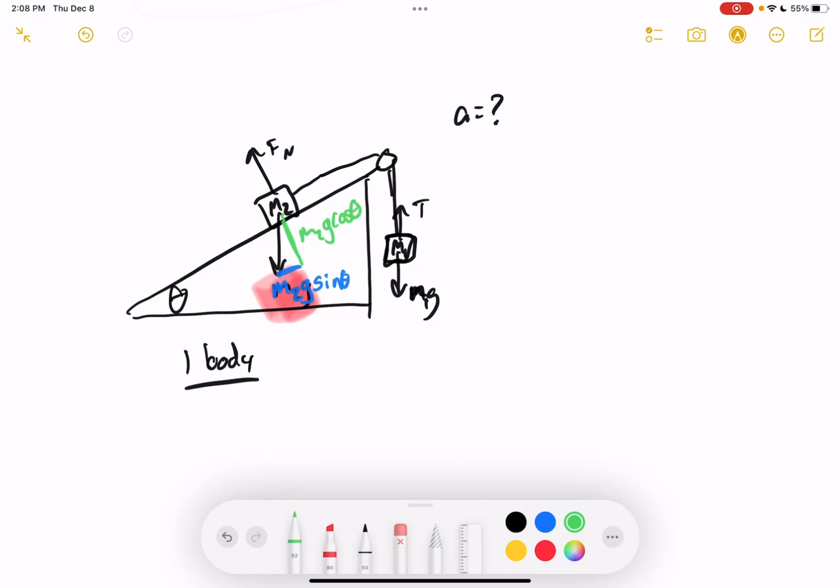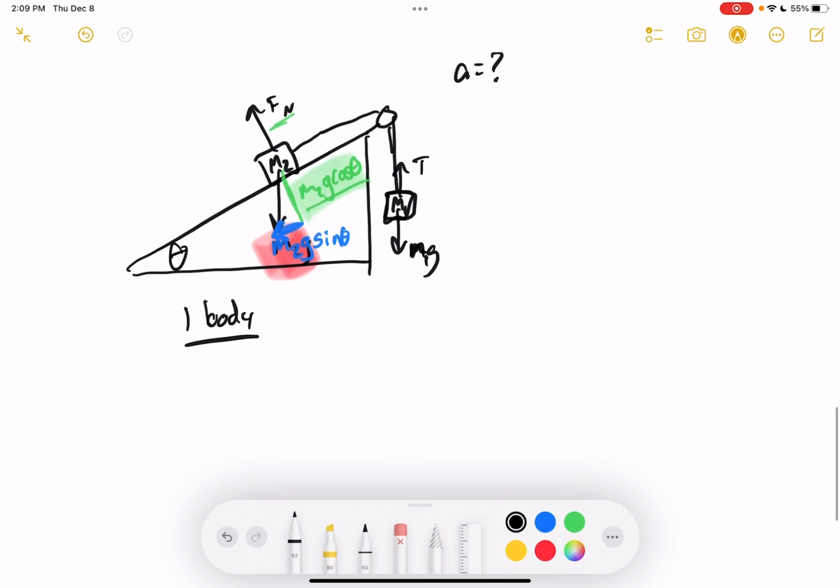Okay, now only this part would be contributing to the acceleration, right? This green part here, that is just going to cancel out with Fn. Okay, now this could end up being important. This mg cosine theta could end up being important if I had friction. Okay, and so let's go ahead and set up our F net. Okay, so my F net